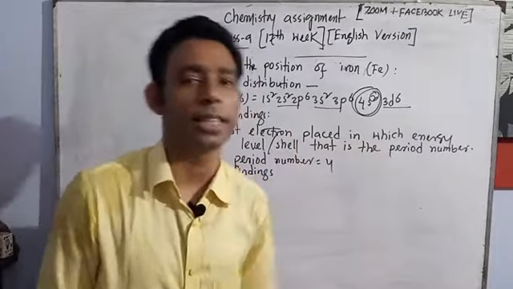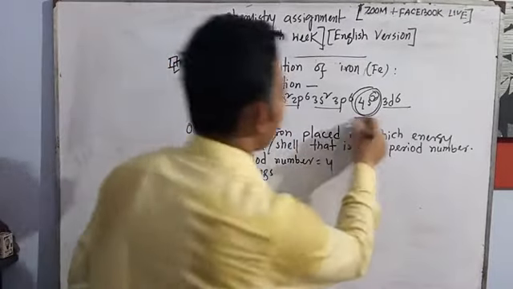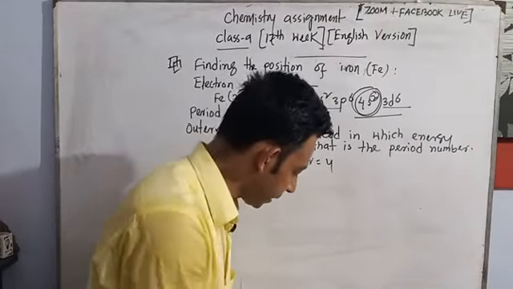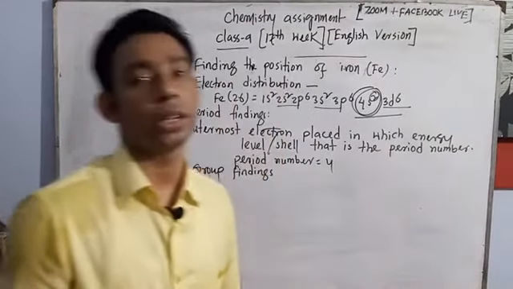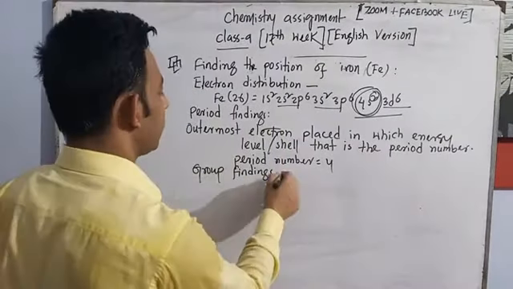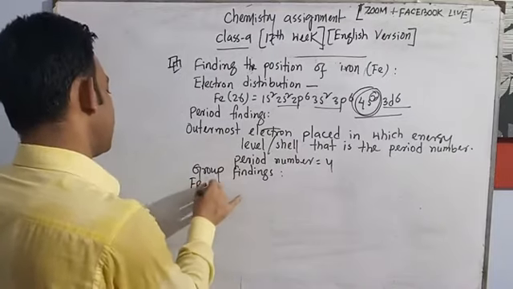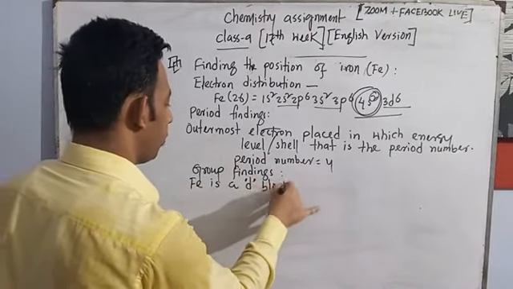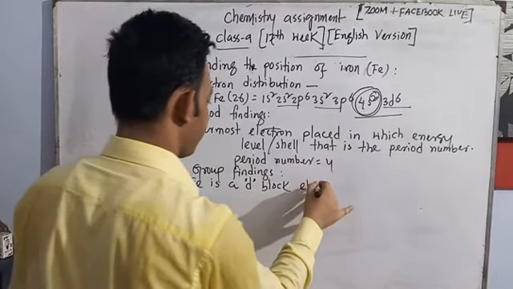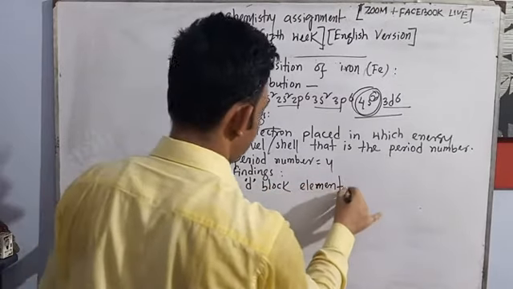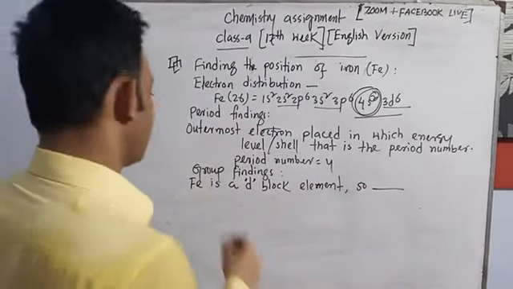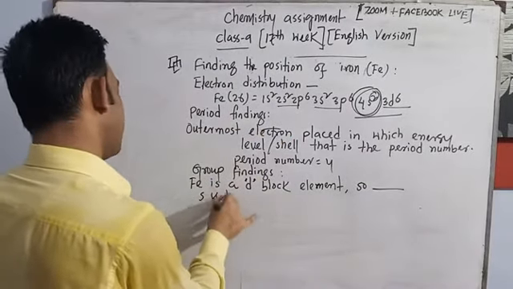But iron is a d block element, and according to the system given in your book, on page number 66, system number 3 is mentioned there. In the case of a d block element,